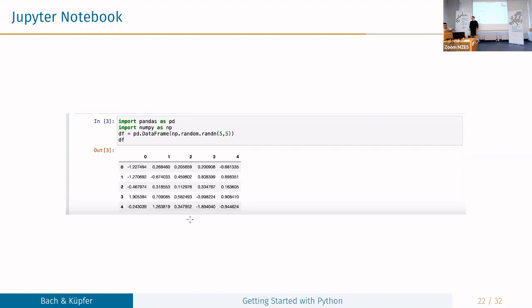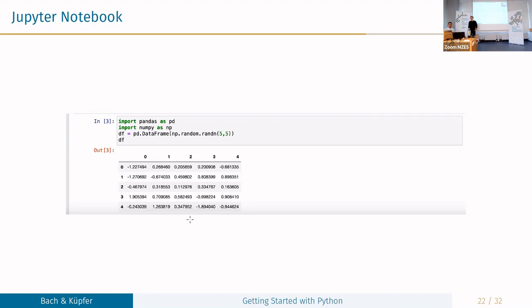But maybe one more note on Jupyter Notebooks. They're really nice to share outputs, share final notebooks, like when you want to present some results. But it can be quite a mess when you try to collaborate with others via GitHub.